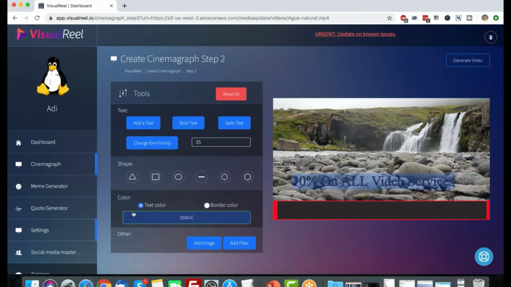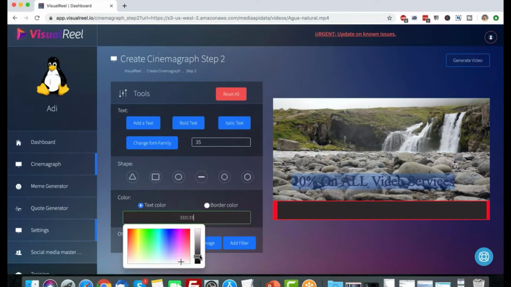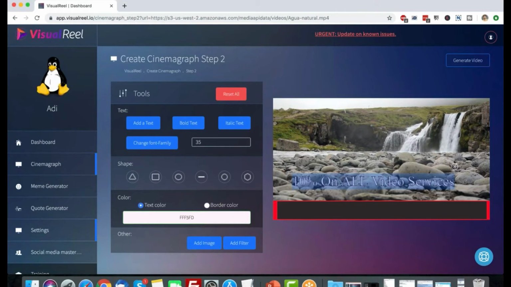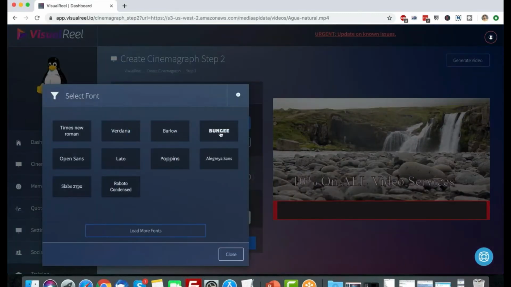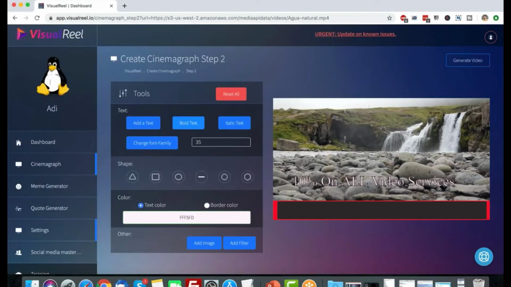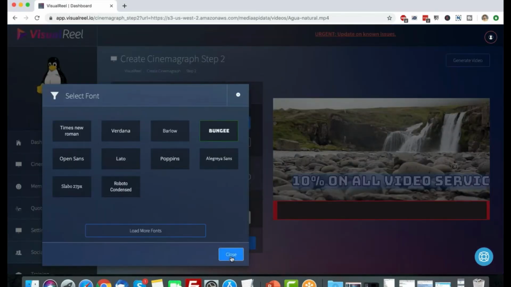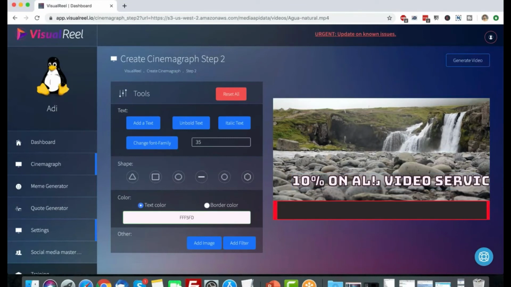Okay, let me try this again. Okay, better. So I'll change this. And I'm gonna click on change font family. I'm gonna change the font family a little bit. Let's try this one. Okay, cool. And click on bold text to make it bold. Oh, make sure you select the layer before changing this, okay? So I'm gonna click on bold, so now it's bold. And click on change font family, so it changes the font family. I think I need to reduce the font size a little bit, so I'm gonna select the layer, select all, reduce the font size.